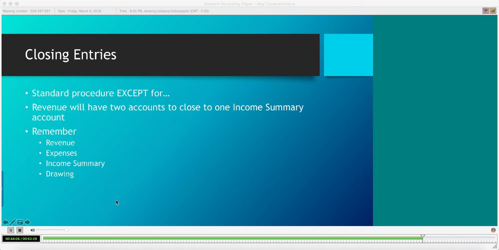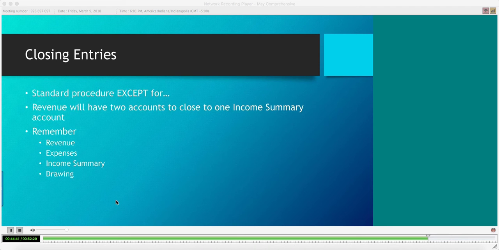Okay, closing entries. Again, they are the standard closing entries that you can find in Chapter 6, except that you will have the 2 revenue accounts that will be closed to income summary, and that will be one transaction. If you put it in 2 different transactions, I will not count that wrong, but technically it's supposed to be one transaction. So as long as you have the amounts, the ending amounts correct, I'm a happy camper, because these